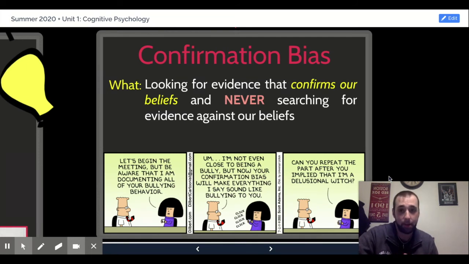For example, if you're trying to decide who to vote for, whether a presidential election or a local election or school election, most people tend to seek out evidence that exclusively confirms their beliefs. Why is this a good candidate? Why is this a bad candidate? And constantly seek out information that confirms their beliefs, whether that's through their news sources, whether that's through who they follow on Twitter and Facebook, who they listen to primarily, and never take a moment to step back and say,